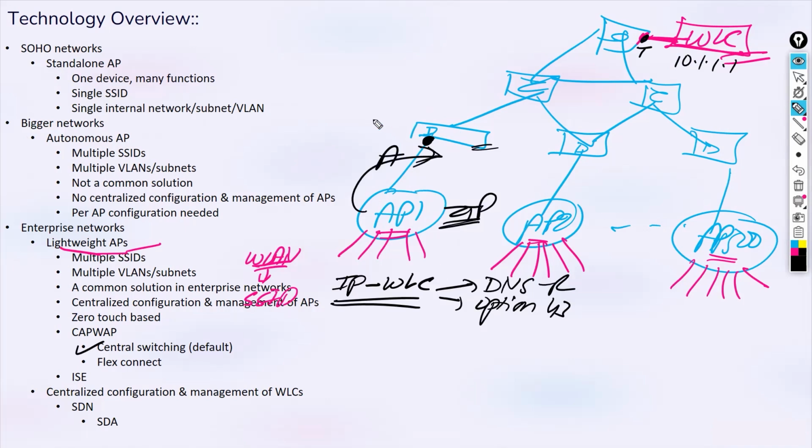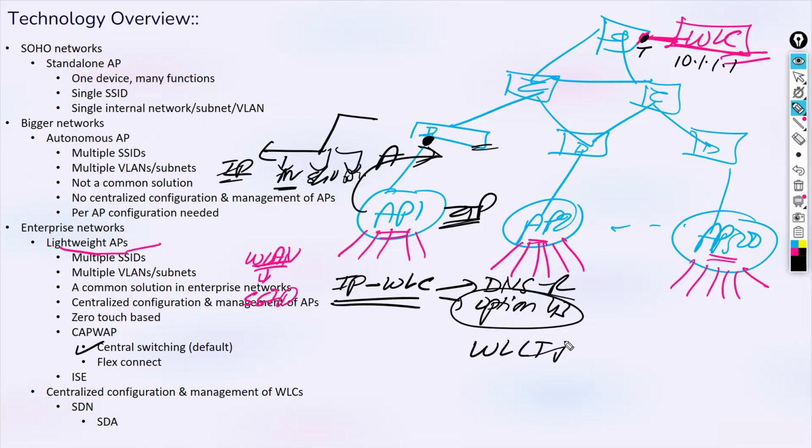So in option 43, along with the other parameters. Let's say the DHCP server is giving me what parameters? IP, mask, gateway, DNS, and along with that, what also is given is my WLC IP. So when this AP gets to know who the WLC is in my domain, we'll discuss the process of this AP joining with the WLC.